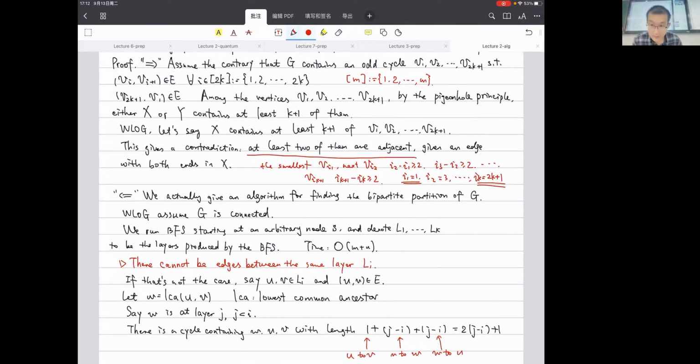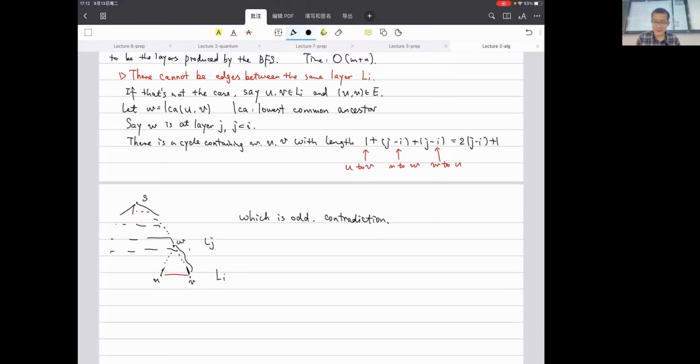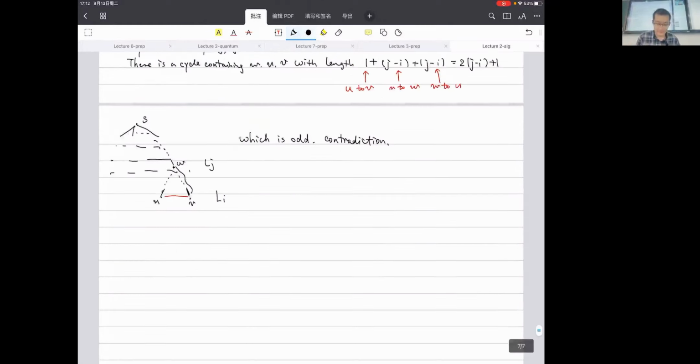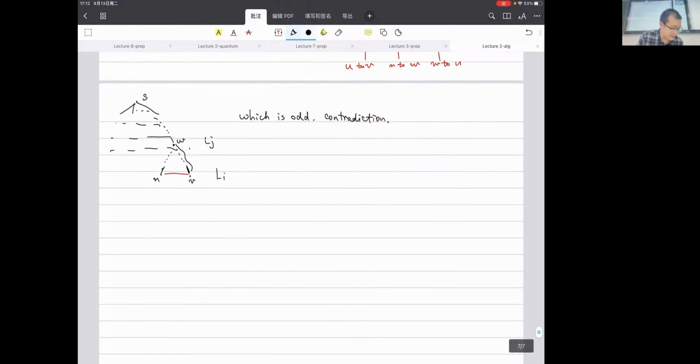Let's finish the proof from the right-hand side to the left-hand side. Actually, the proof is nearly finished. We have this contradiction argument saying that if there is an edge in the same layer, then this contradicts the assumption that the graph does not contain an odd cycle. As a result, because there is no edge in the same layer, it is very easy to see that a